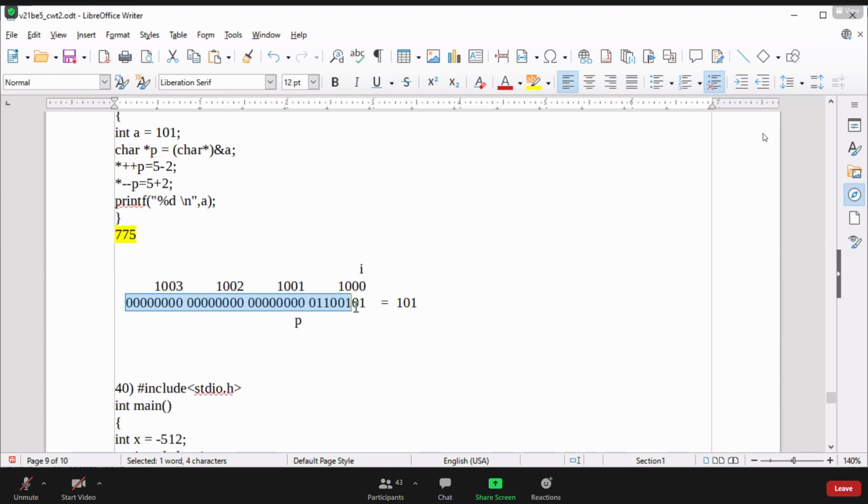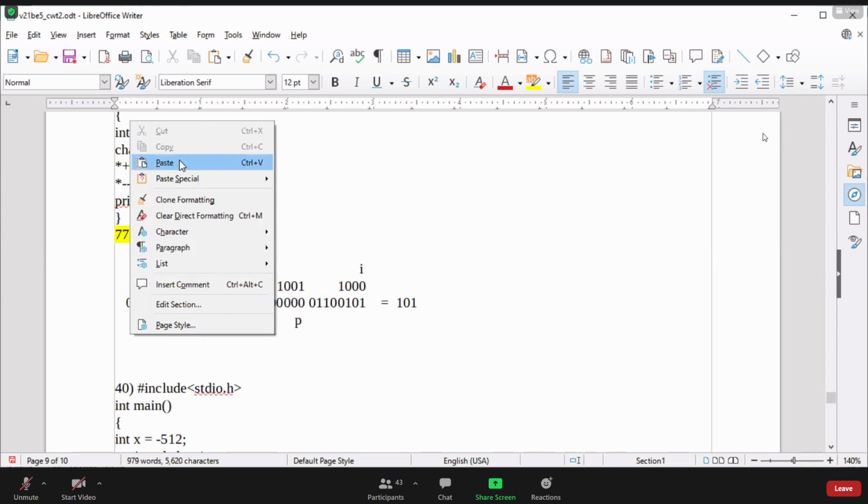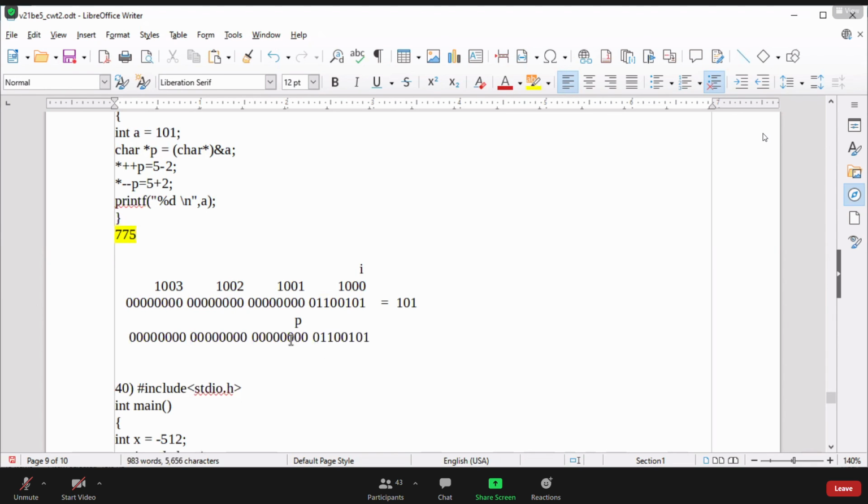Let me copy this binary as it is. Everyone, try to understand it properly, so it will be clearer. Those who are getting confused in this type of question, I am explaining slowly, so you shouldn't think that in the exam you'll be doing it this slowly. If you do it quickly, you can do it within 1 minute. I am explaining slowly so you can understand properly. Otherwise I can also explain quickly.